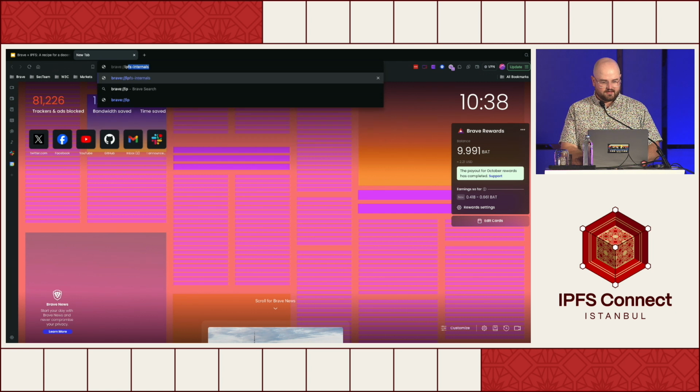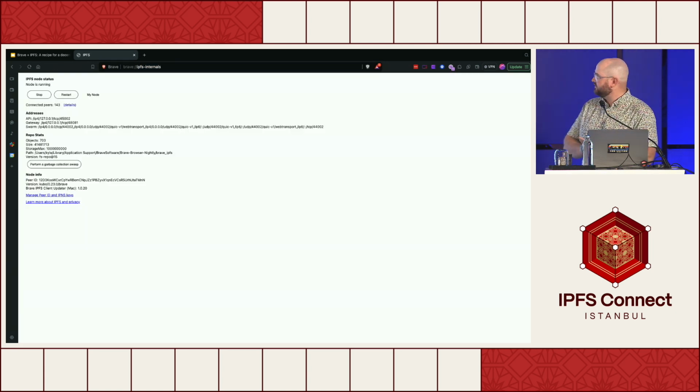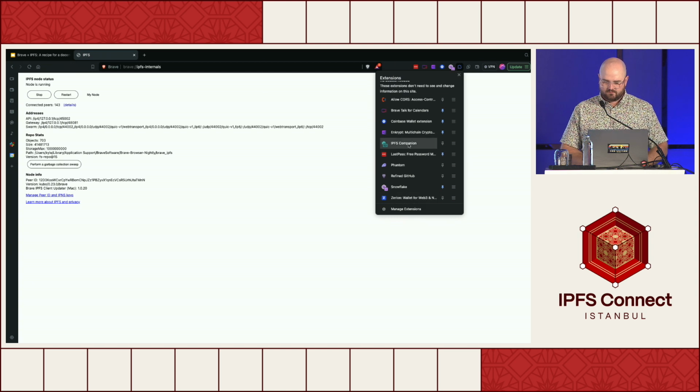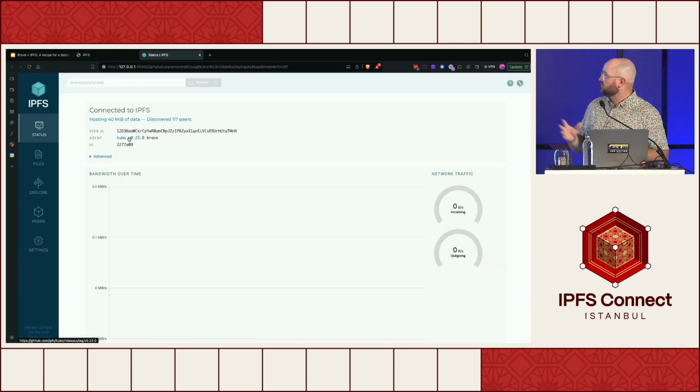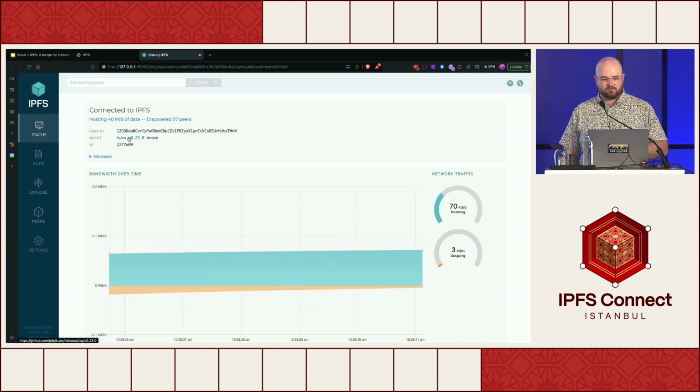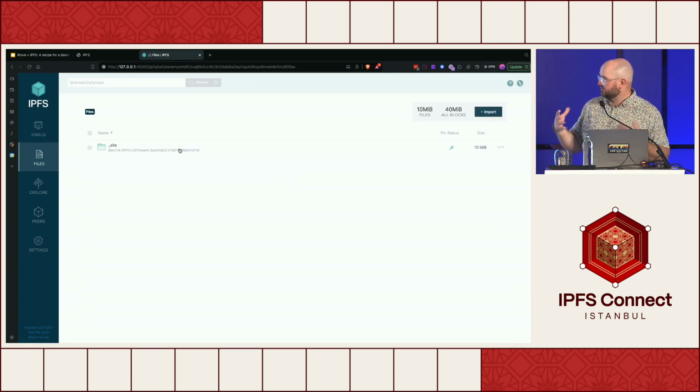So if you want to access this, you can go to brave://ipfs-internals. This is the way that I've accessed it. You can also use the companion extension, and I've set that up as well. Essentially this button here, my node, links you out to the extension in the same way. I'm running a node locally as localhost under port 45000. This is my actual node. You can see the files that I have pinned here. It's my site that I was playing around with when I was setting up the demo.